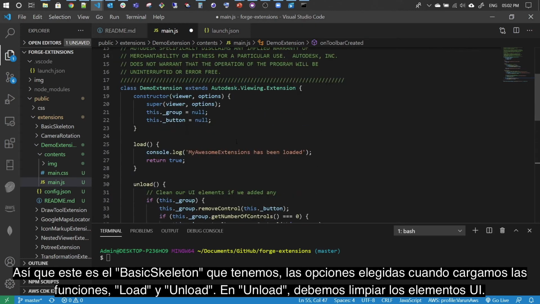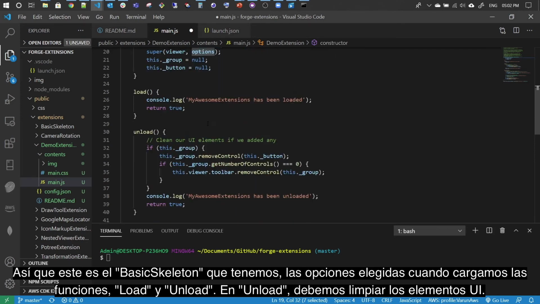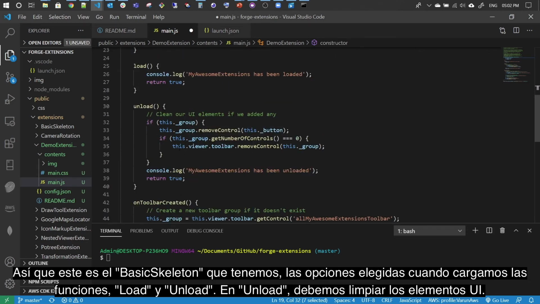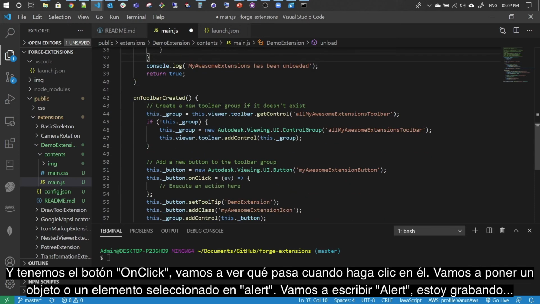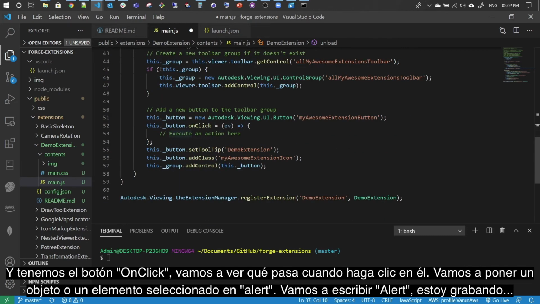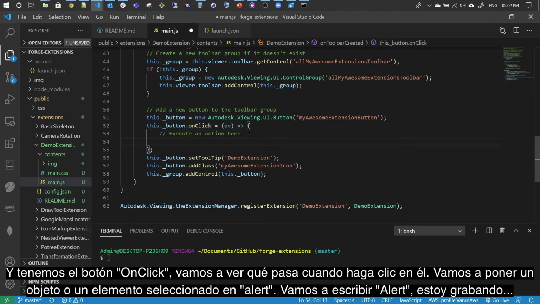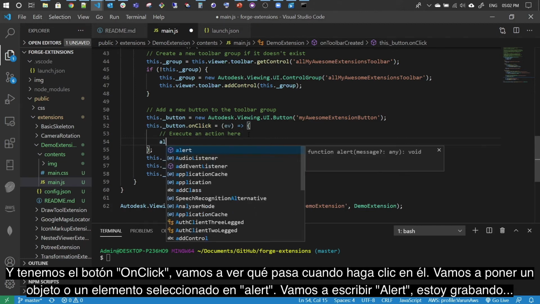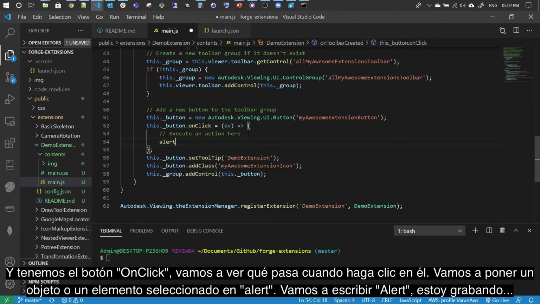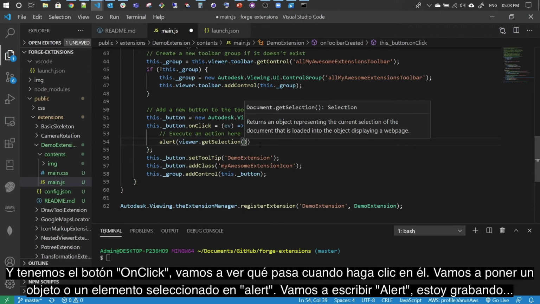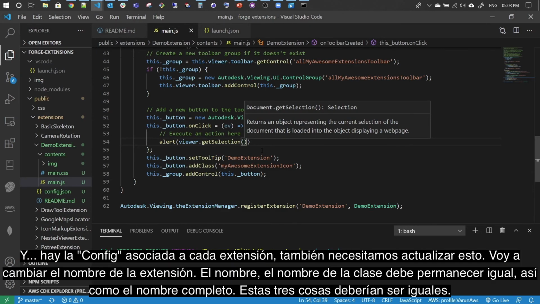So here's the basic skeleton. We have the options we pass when we load the function, load and unload. On unload, we need to clean the UI elements. And we have the on click button, on click of what should happen. Let's alert one selected object or element. So let's say alert. I'll save it, and